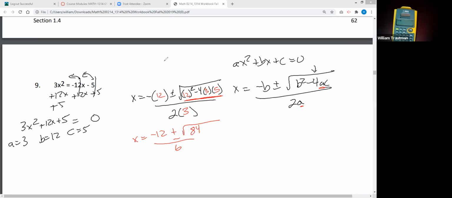So let me go to the calculator, and we're going to do fraction. And it's negative 12. And we're just going to use the plus because you can't do plus or minus. Square root of 84. And then on the bottom we had 6. 2 times 3 was 6. So there's my answer. If I hit enter,